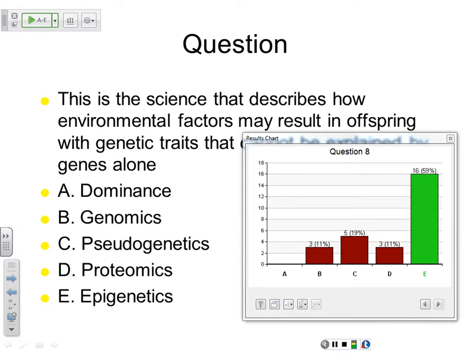Yep, that's the answer. Epigenetics is the science about how the environment and behavior interact with our genes to show certain phenotypes. Things like cancer also fall under epigenetics because sometimes you may have a predisposition for cancer, even when you talk about twins. One twin, because they're exposed to a certain environment, may show the cancer, and the other who is not exposed to that environment will not, even though they have the genetic predisposition for it.